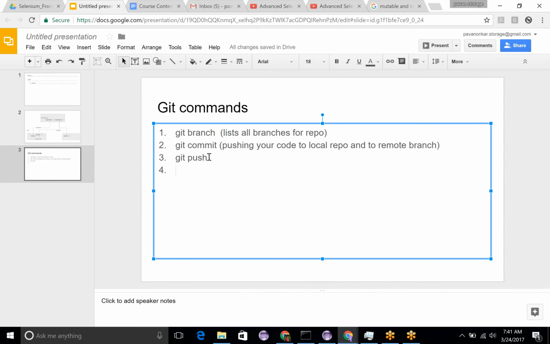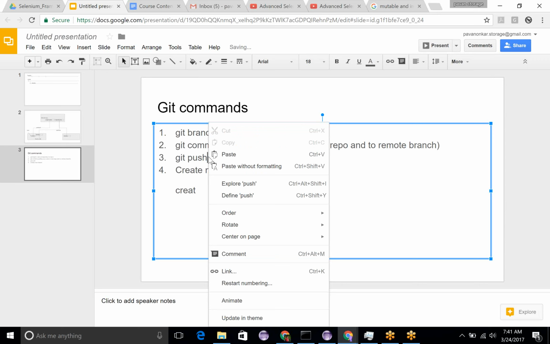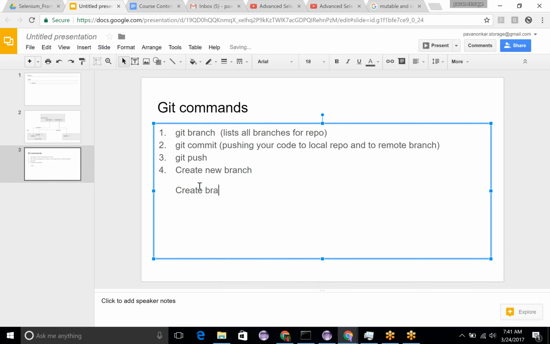So when I say create a branch named develop from master, this is the format: git checkout -b, then the new branch name, and space, the parent